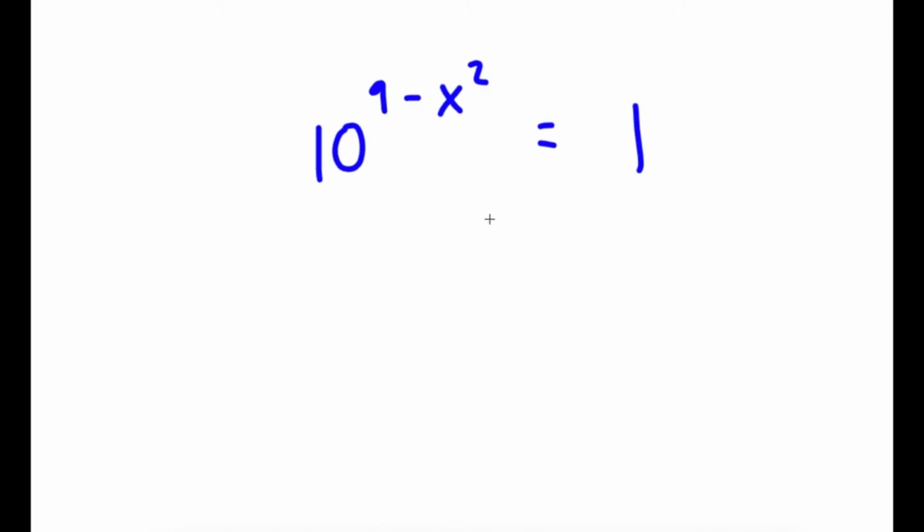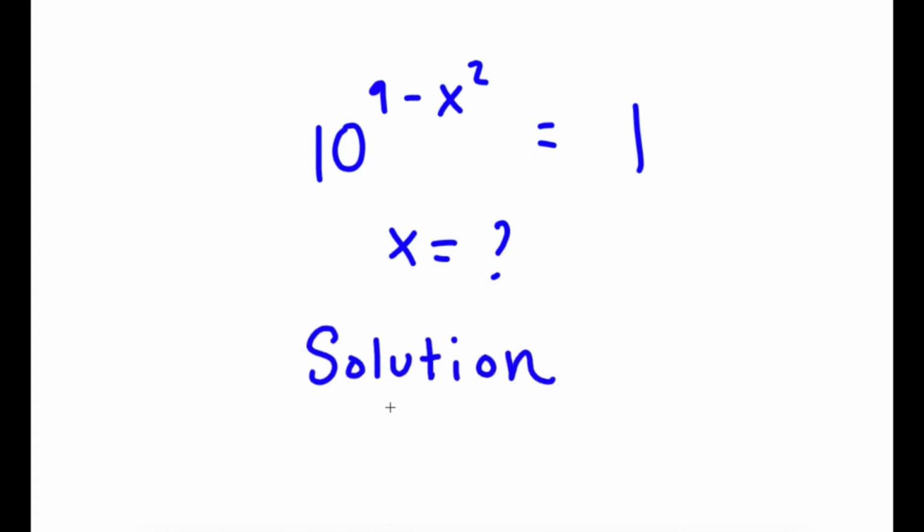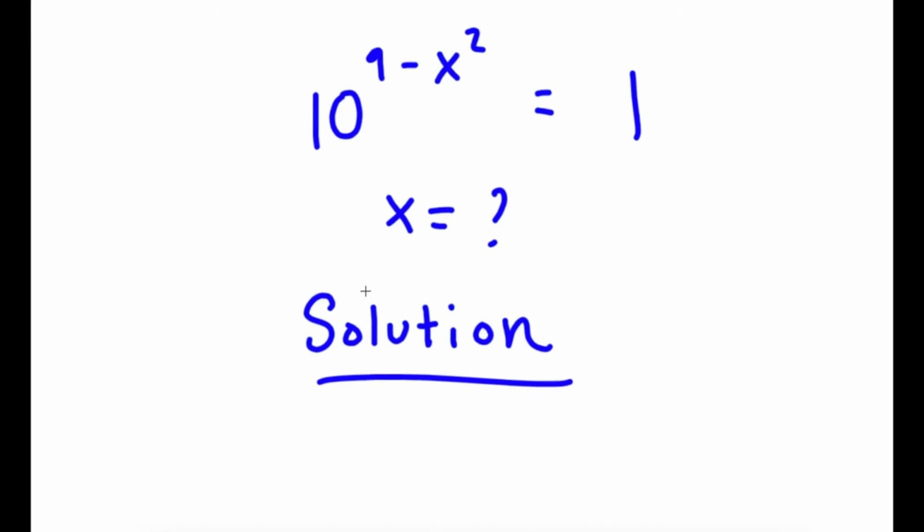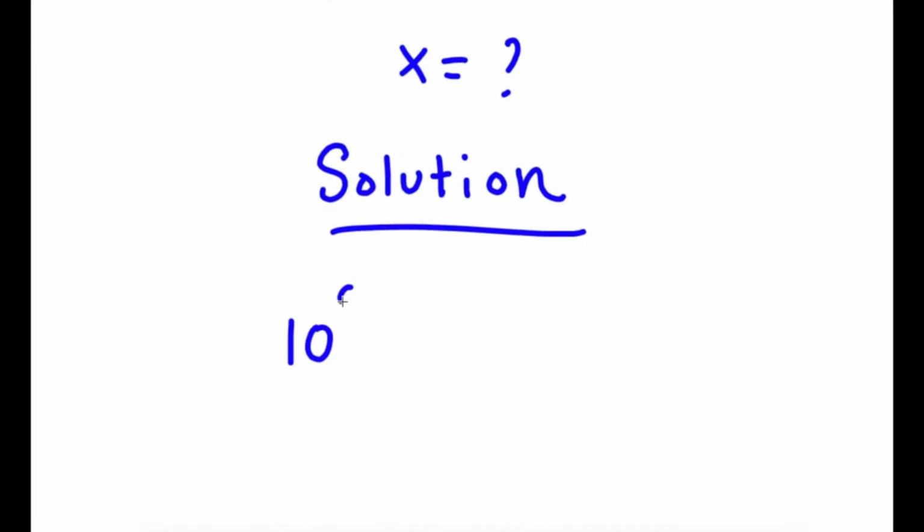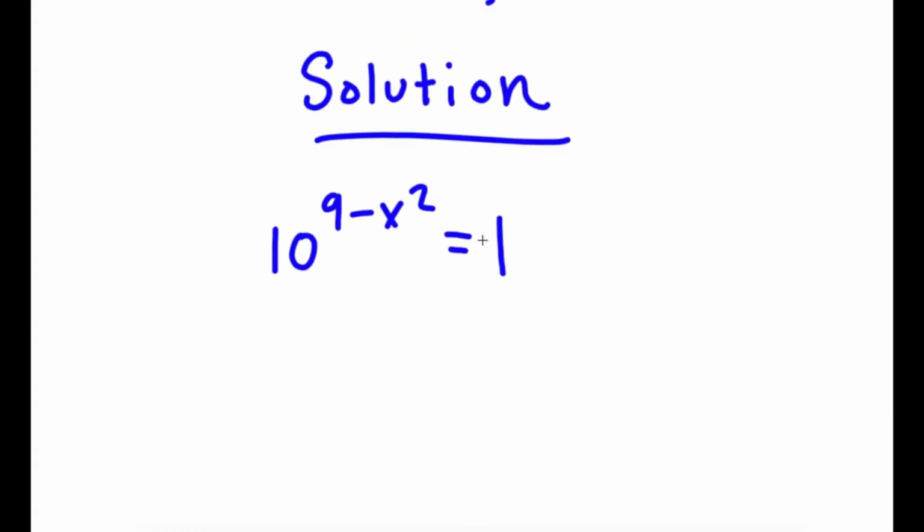Alright, so in this problem, I have 10 to the power of 9 minus x squared is equal to 1. So I obviously want to find the value of x for this problem. So for my solution, I first start with 10 to the power of 9 minus x squared is equal to 1. And now,